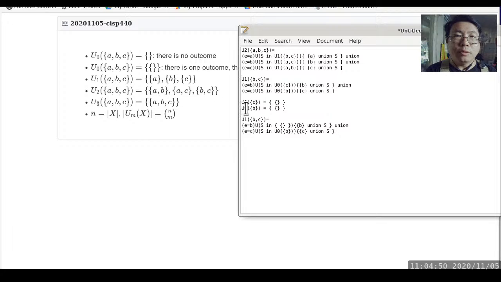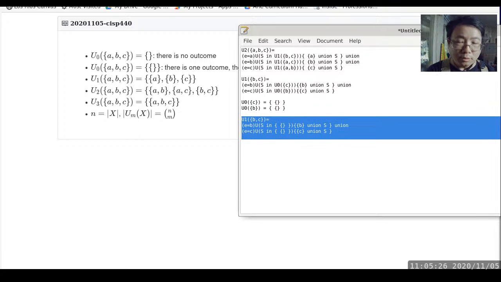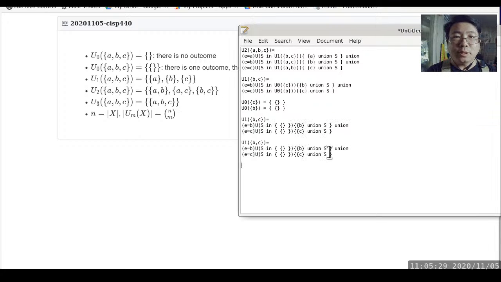And also U0 of B evaluates to this by definition. So I copy that and paste it wherever I refer to U0 of B. Okay. So now I look at this and it looks like there's only one element that I can iterate through in this particular set. So that means the only thing that this S can be is an empty set, right? So now we copy and paste this, instead of doing an in-place change. So I copy and paste this and go like, hey, this loop here,